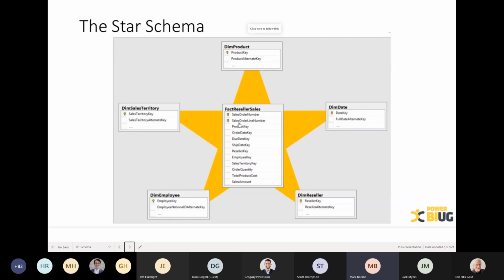But if we have some new folks that don't know what a star schema is, we're going to talk about that a little bit. So you can see on my screen here, it kind of looks like a star. In the middle, we have what's a fact table, and then everything outside of that, we have dim tables. So at P3, we don't talk about fact tables and dim tables. We talk about data tables and lookup tables.